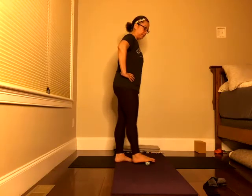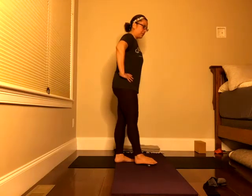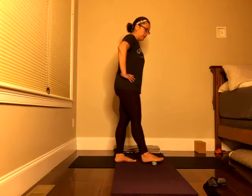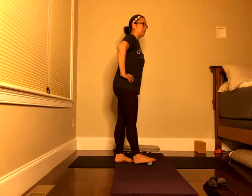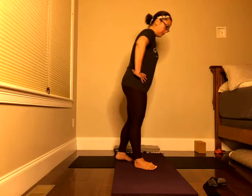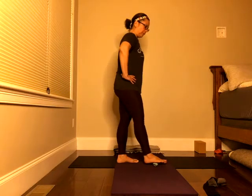Okay, otherwise lift your heel and then roll back and forth the length of your foot. And this all depends upon what you can handle with the bottom of your foot. Sometimes people really like a hard ball, but sometimes I think it's just too hard. I like it to have a little bit of give. So a tennis ball is good, or these spongy balls that I found at the dollar store, actually, the ones I'm using. All right,